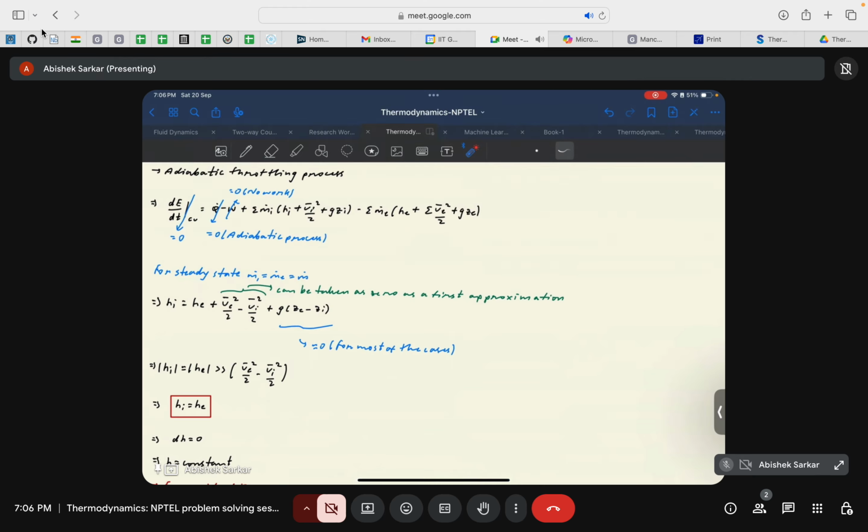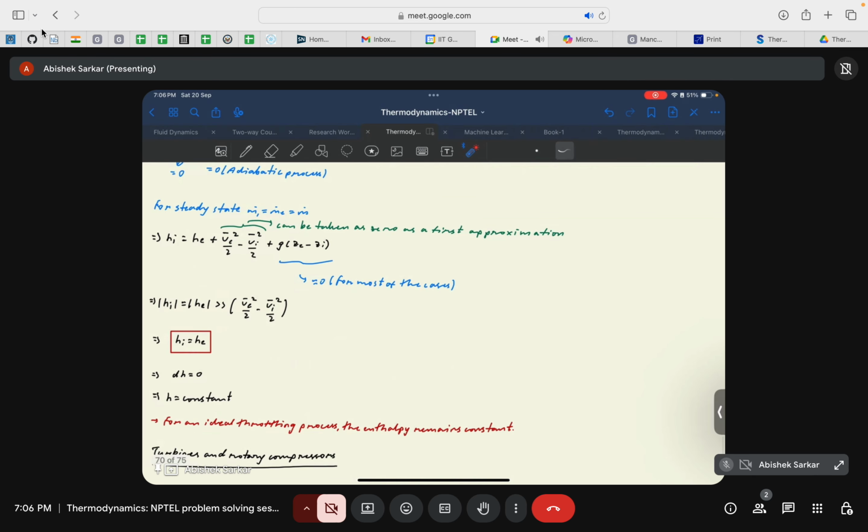I'm not saying that the difference is always equal to 0, but I'm just saying that the magnitude of the enthalpies is much higher than the difference between V_e and V_i. That's why we can consider this term to be almost negligible compared to these enthalpies, and that's why this can be neglected. So the generalized form of the energy equation for a throttling process